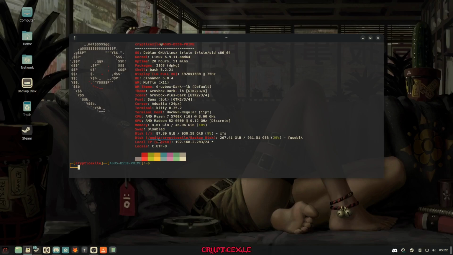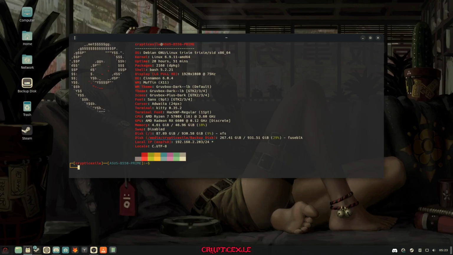I've always been on rolling release in the past, like Arch Linux, Gentoo, NixOS, I always went rolling. So they're called the unstable branch. Basically, that's what Debian has as well, and that's what Sid is. Sid is the character from Toy Story, where he likes to break toys. Basically, this has always been a branch on Debian for as long as I can remember. It's been there for a long while. And it's the rolling release of Debian, or rolling branch. It's just more up-to-date, it's the latest packages that Debian has in the repository, and it's